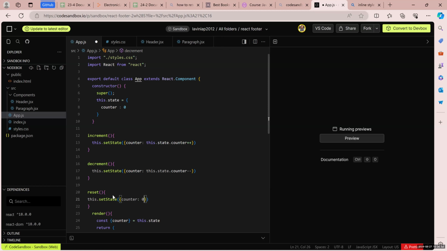Should we set it just to zero? Yeah, 0. Cool. Okay. Now we are going to create a button component